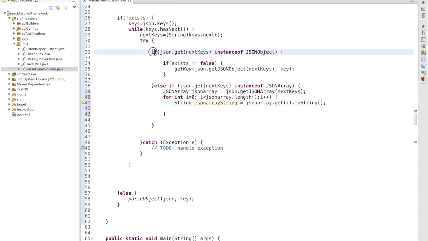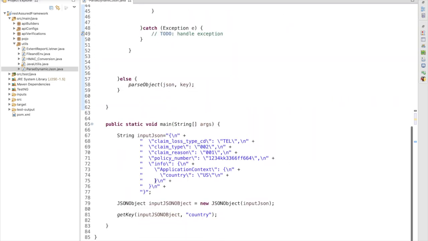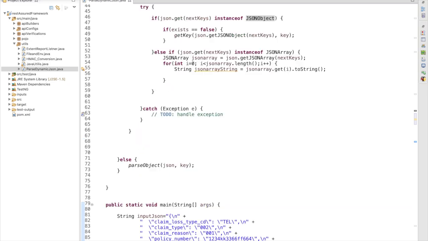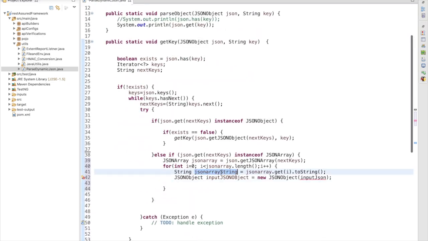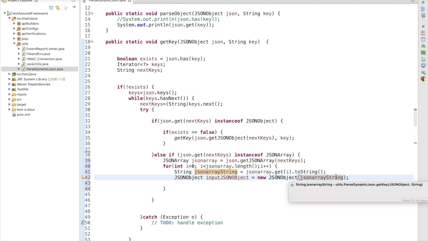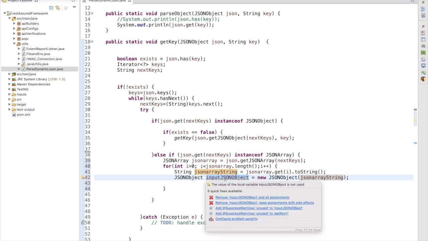So again I have to go through this code. This is my string, and again I am going to convert it into a JSON object. I am going to put this line here, and instead of this input, this will be my JSON input string, and this will be my inner JSON.